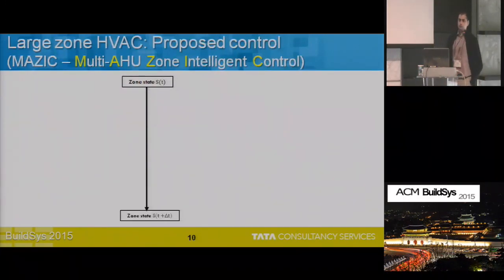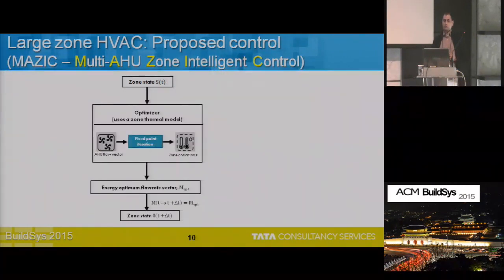So our proposed control, which we call MAZIC, which stands for Multi-AHU Zone Intelligent Control, given a state S at a time t, we want to move to a state at time t plus delta t. A state is described by both temperature and the humidity. And you want to move to the next state at the expense of minimum energy, and at the same time you want to ensure the comfort is met at the next time step, which is t plus delta t. For that we use an optimizer which internally uses a zone thermal model. What I mean by this is,